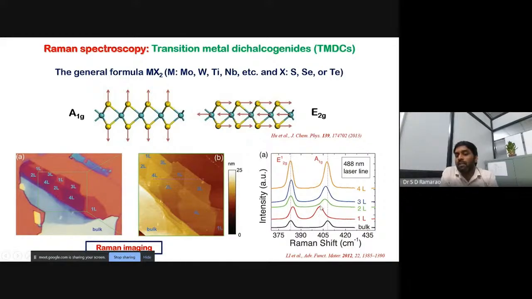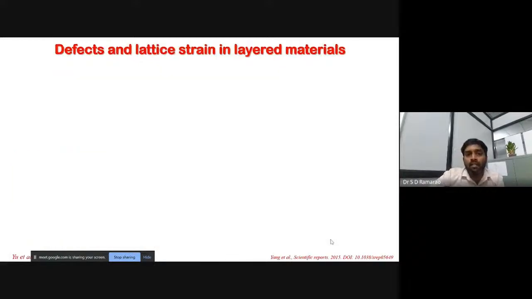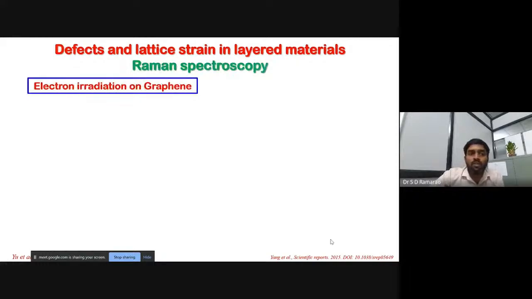That means after collecting the data, you have to find the difference between the position of A1G and E2G. If you take the difference, depending on that value, you can get the number of layers. So that means with this also you can get layers. And it is not just knowing the layers, we can also use it for electron irradiation on